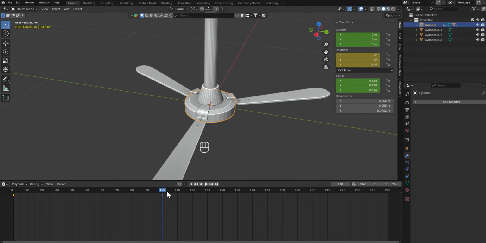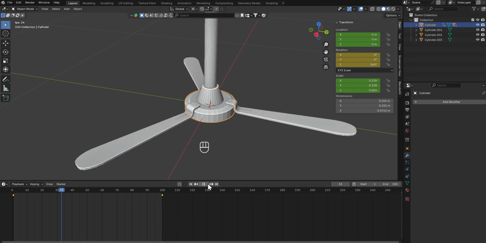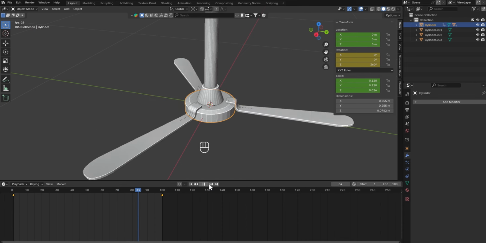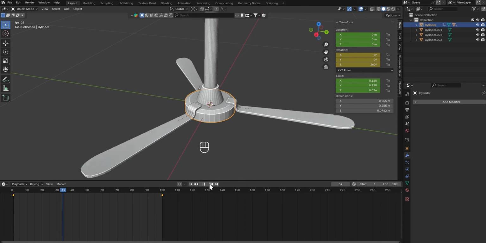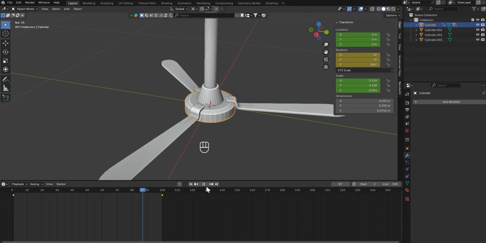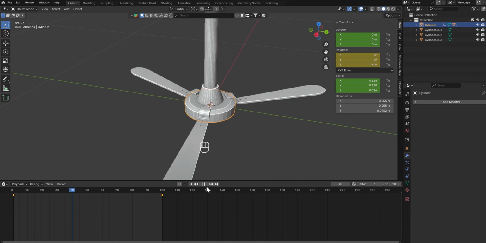So now we want this to rotate along the Z axis and we want our keyframe to stop at 100. So you can come to end keyframe here and keep it at 100. All right, so now if you press the space bar or play here, you are going to see our fan rotate. So as you can see, now, if you notice, this fan moves slowly, speeds up, and moves slowly again. Slowly, speeds up, then